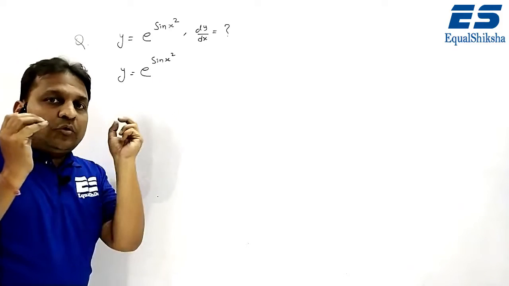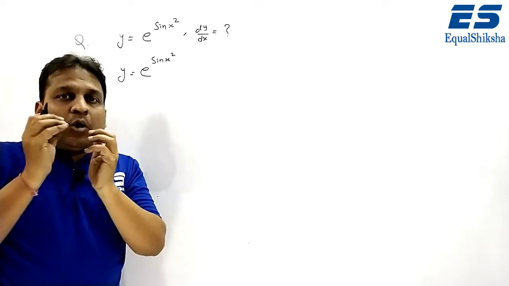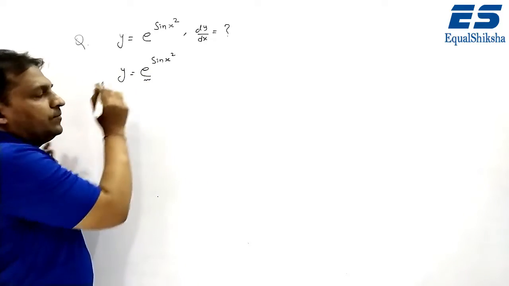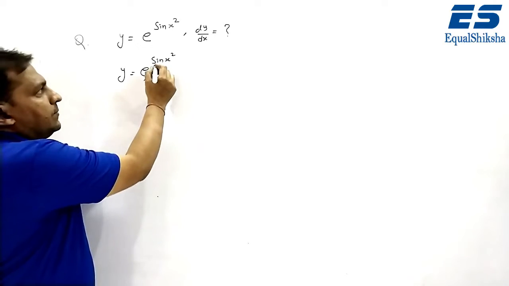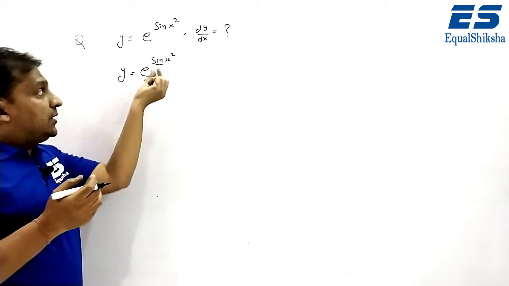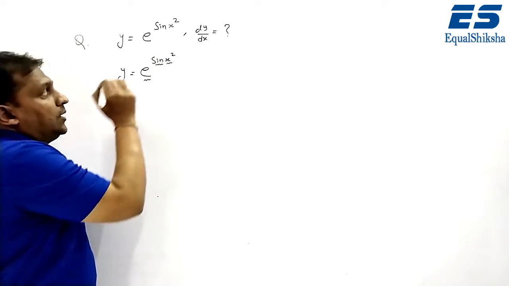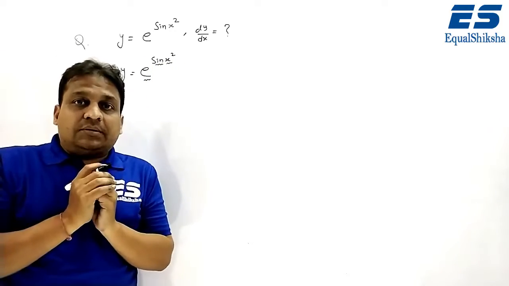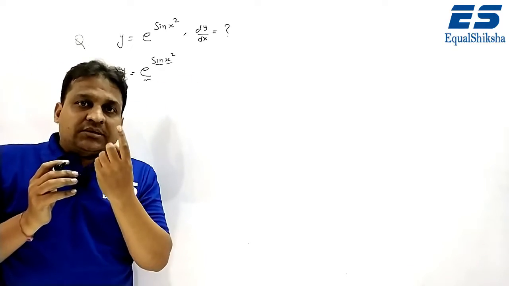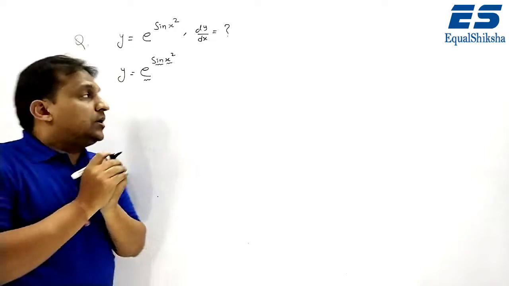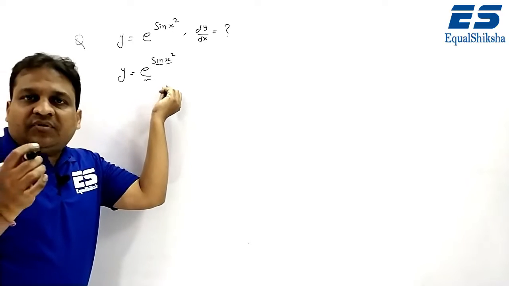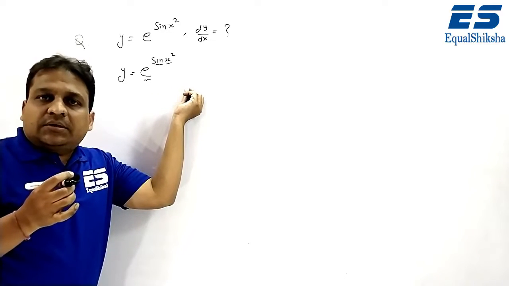So for solving this type of question, first you see how many functions are in the question. देखिए बेटा, the first function is e, then the second function will be sine, and the third function will be x square, because sin x is a standard function. Here sin x square, so there will be two functions, one sine, second is x square. So in total there will be three functions. First function is e, second function is sine, and the third function is x square.